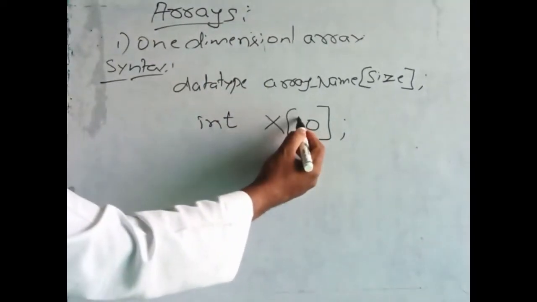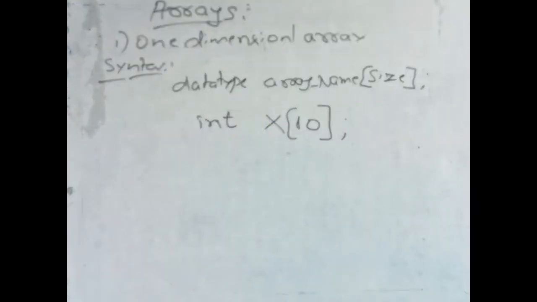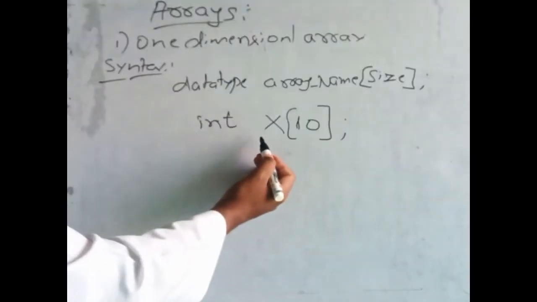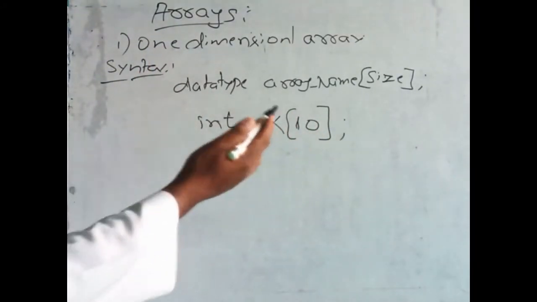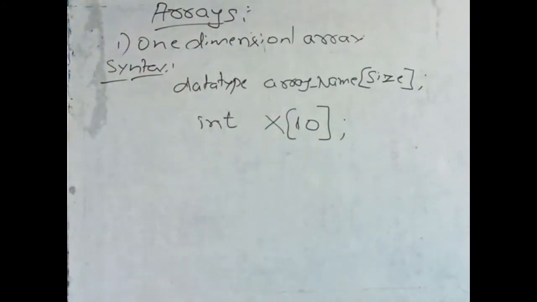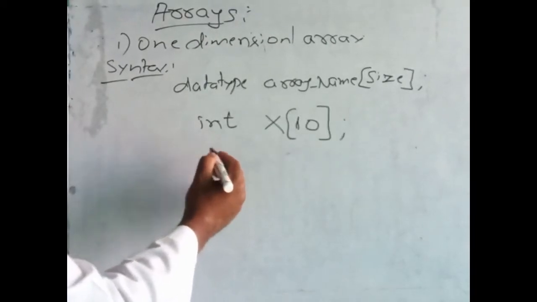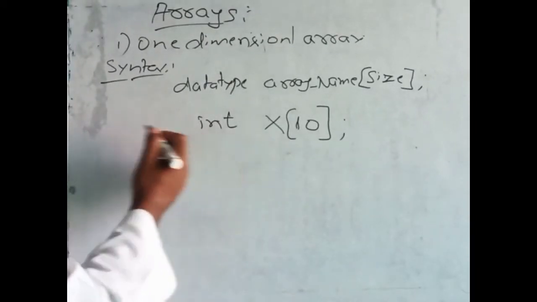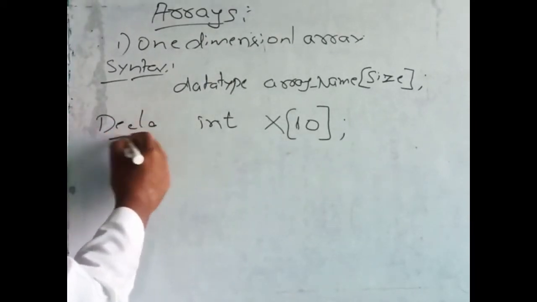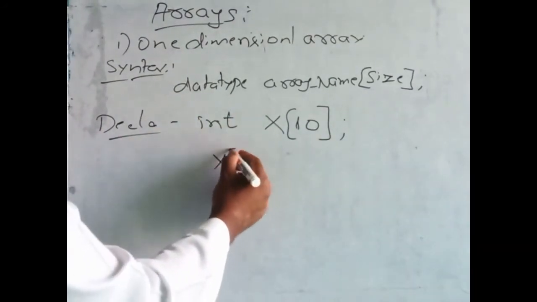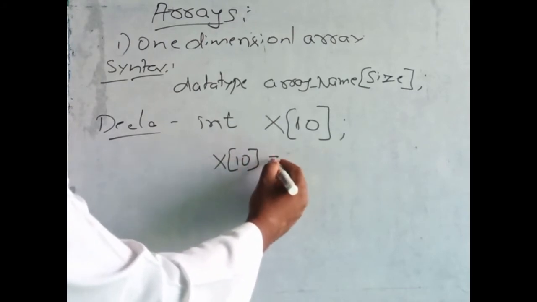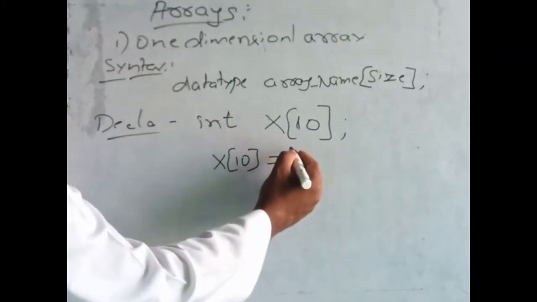Maximum, the size of the array, means the maximum number of elements this array can contain. Here it represents 10, so this array can contain a maximum of 10 elements. We can write however many elements we require. For example, take one array. This is the declaration of the array. For initialization, we initialize the array x of 10 is equal to, using the curly